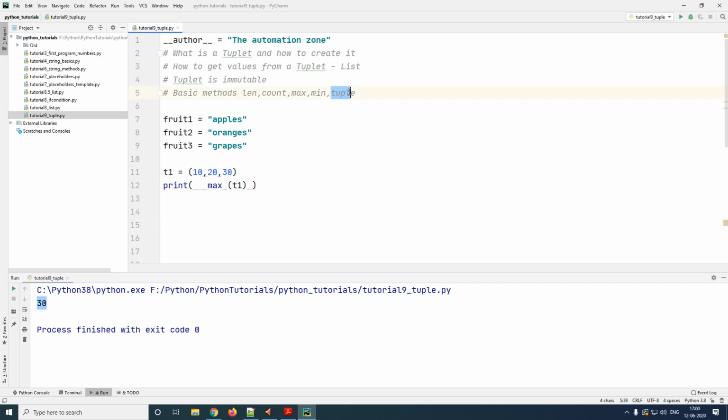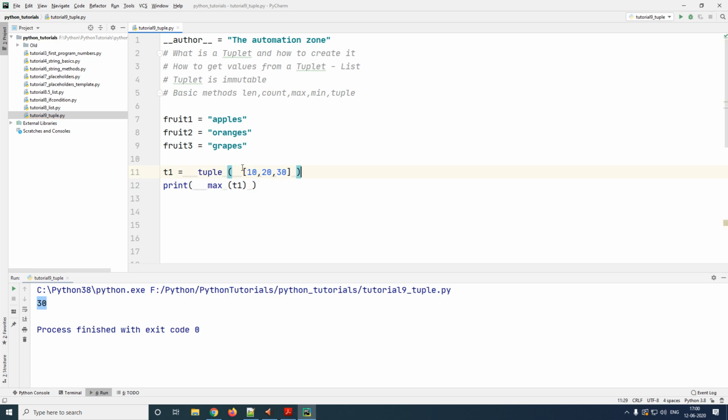Now the last one is tuple. The command tuple is used to convert a collection into a tuple. Now the collection here, which is widely used, is a list. So if this was a list and I wanted to convert this list into a tuple, the only thing I would have to do is type the command called tuple and put my list inside of the tuple.